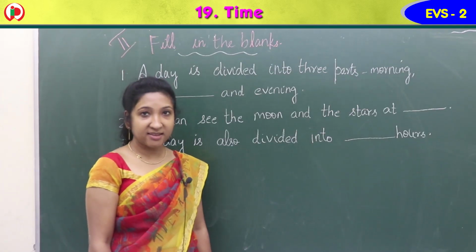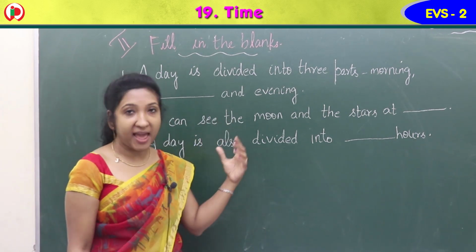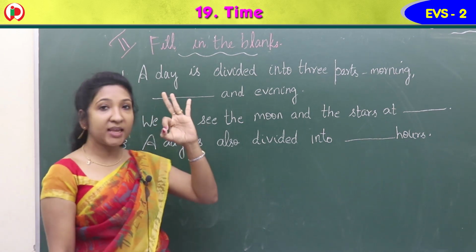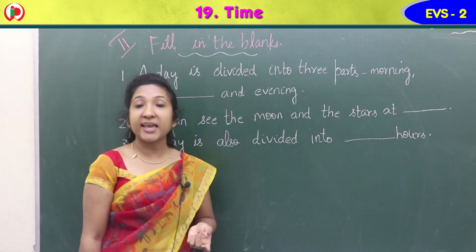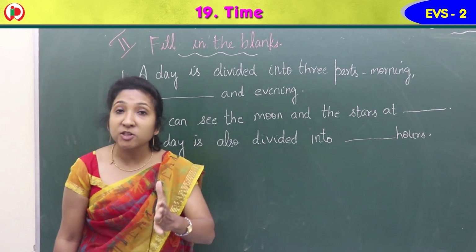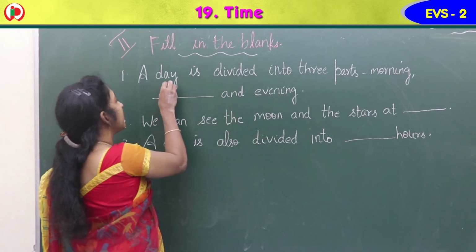Children, our next exercise in the workbook is exercise 2, fill in the blanks. First one, a day is divided into 3 parts, morning, dash and evening. A day is divided into 3 parts. We know morning, then afternoon and evening, isn't it? So morning, then afternoon,